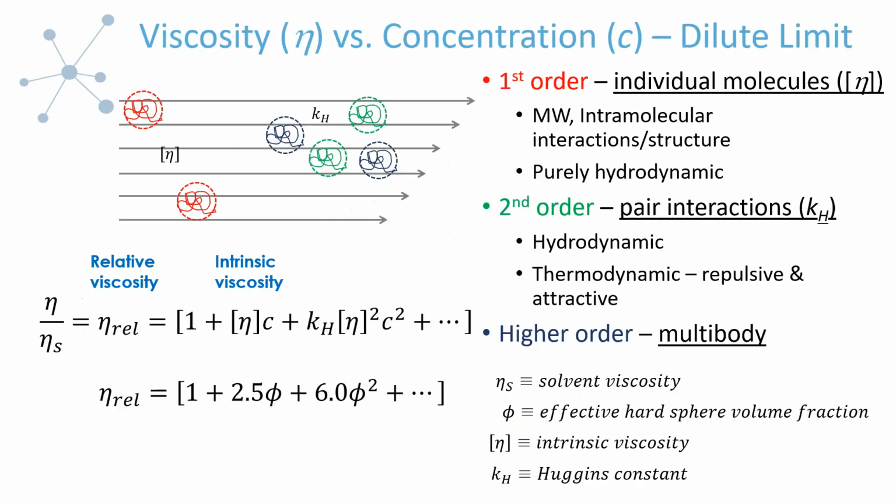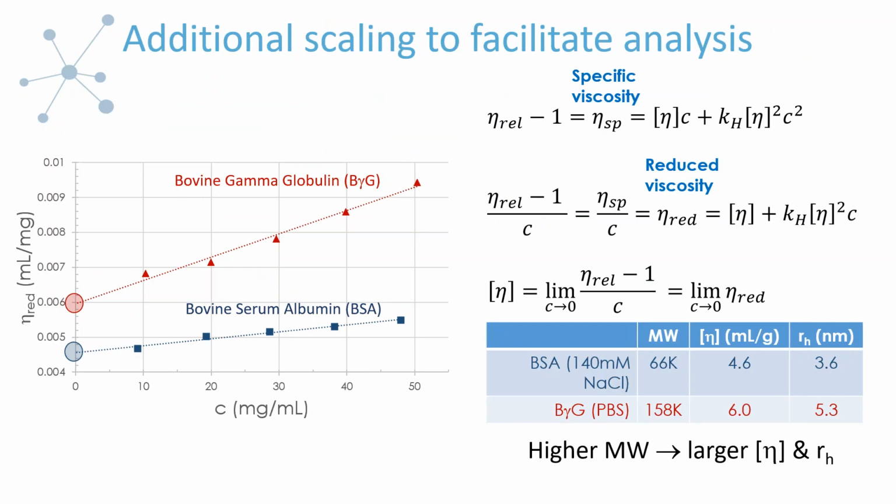So these sort of come from just the equations that we ultimately want to apply, and then we're defining the variables in the equation. Now some of the other scaled values come out because it really facilitates the analysis using these types of equations to extract parameters that are of interest to you. So here's an example of where we take the equations that we had on the previous page, and we're going to further do some moving around of terms and rescaling just to facilitate the analysis.